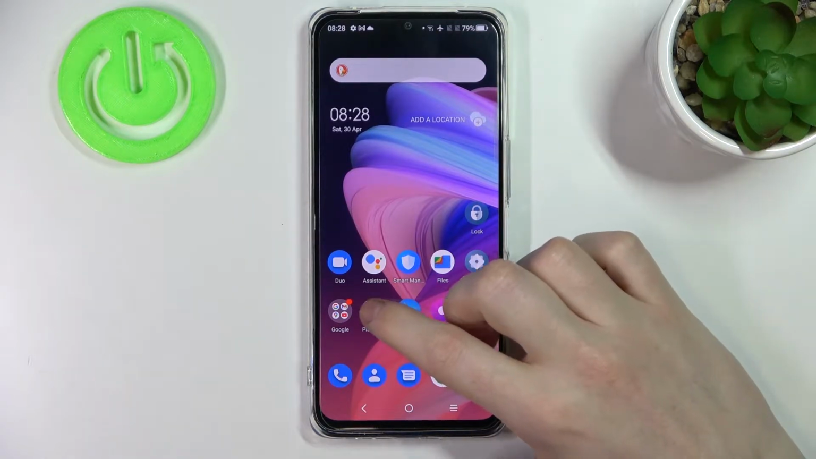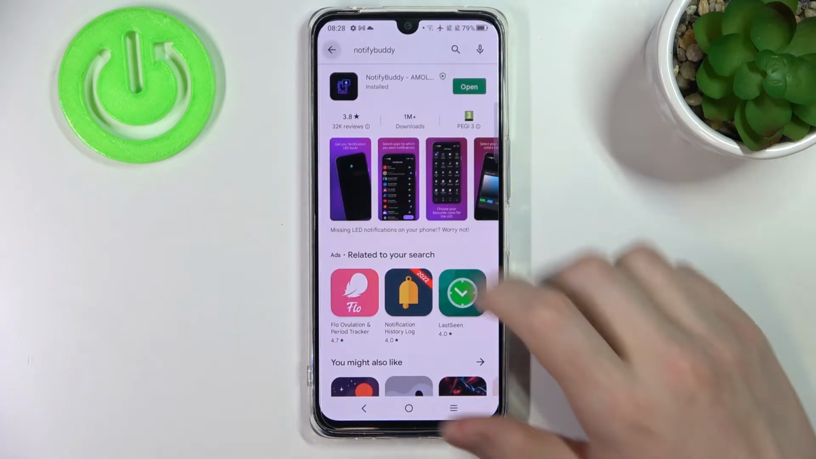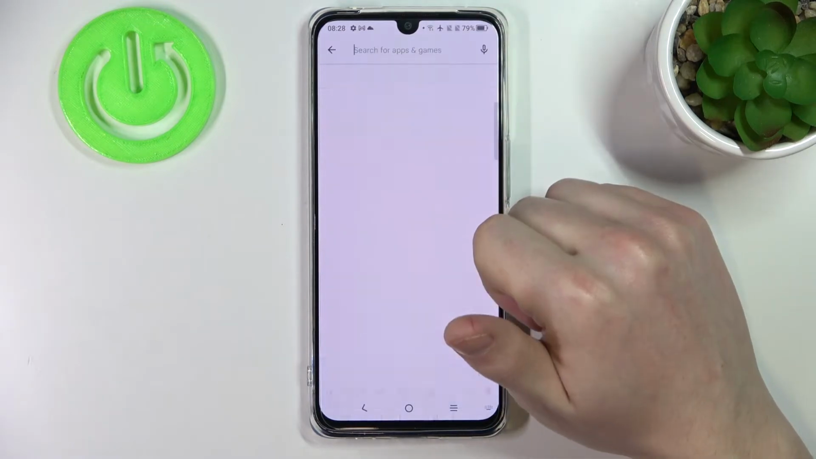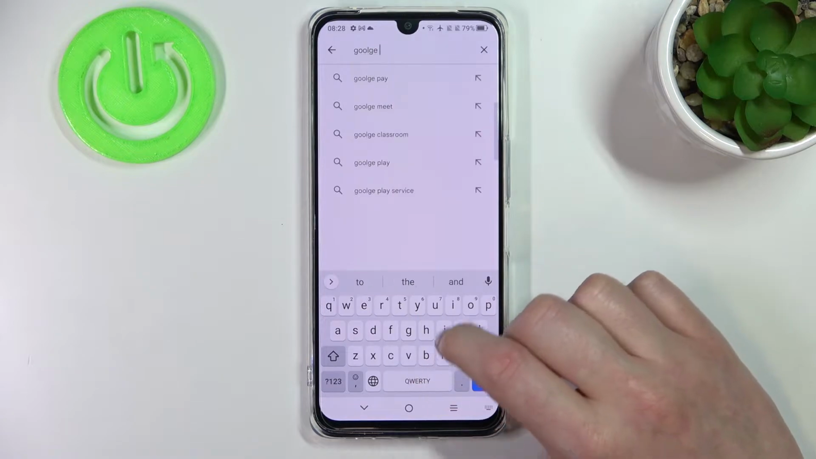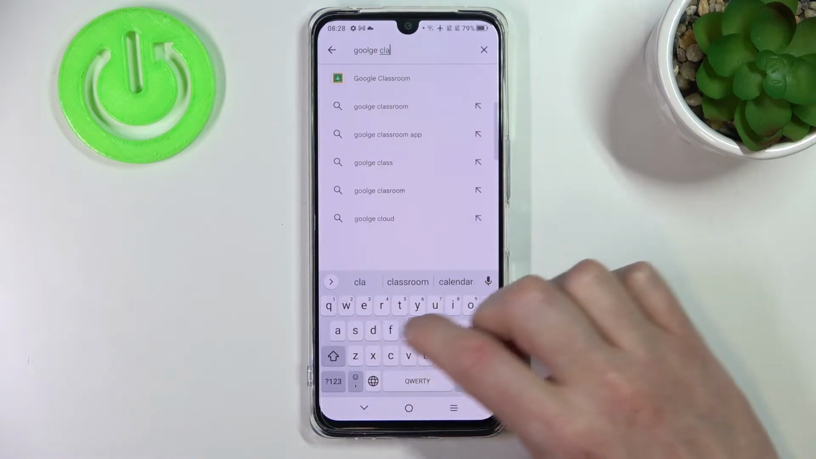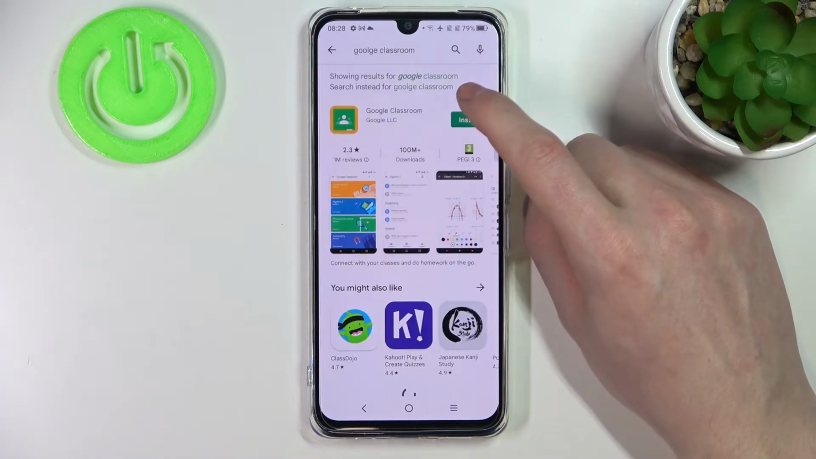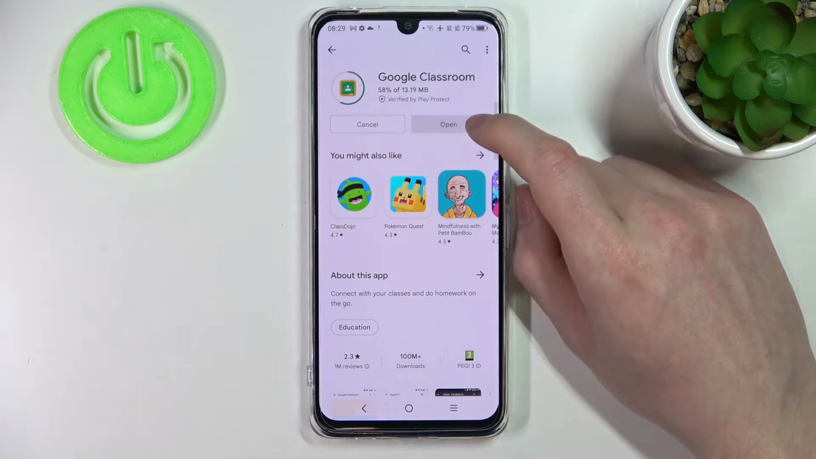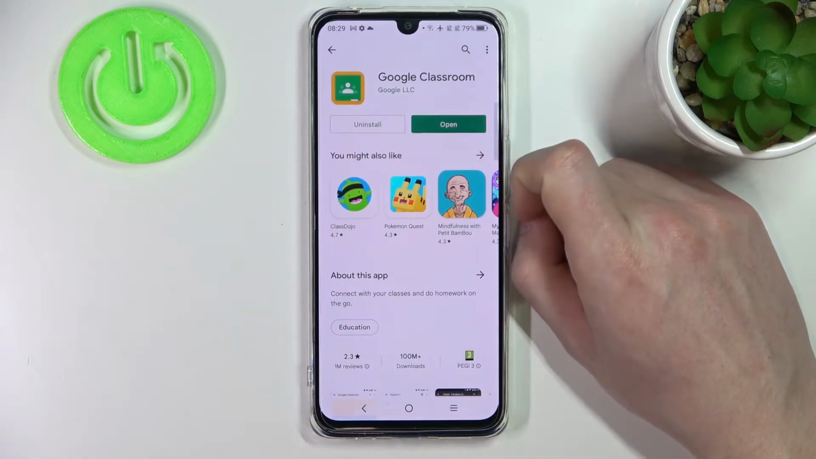So in order to do that, let's open our Google Play Store and we'll need to start searching for an app. Write Google Classroom and hit the search button. After finding this app, press install. And after installation process is complete, we can open the app,